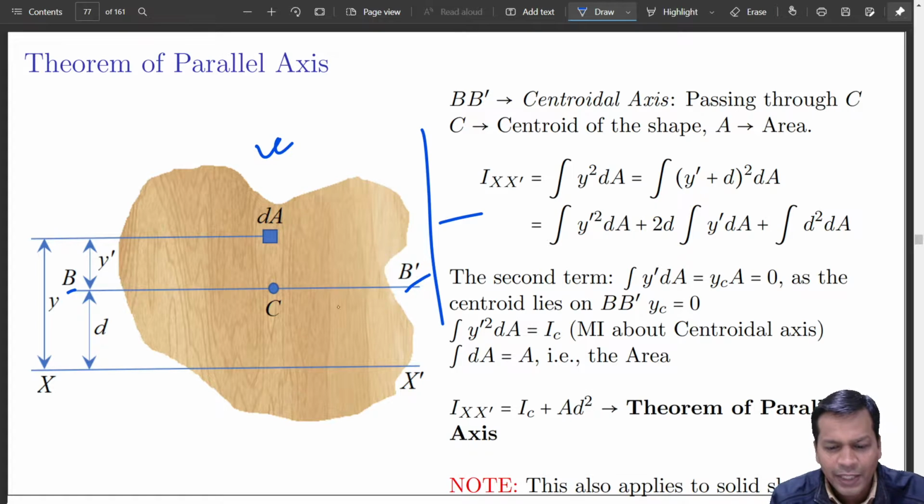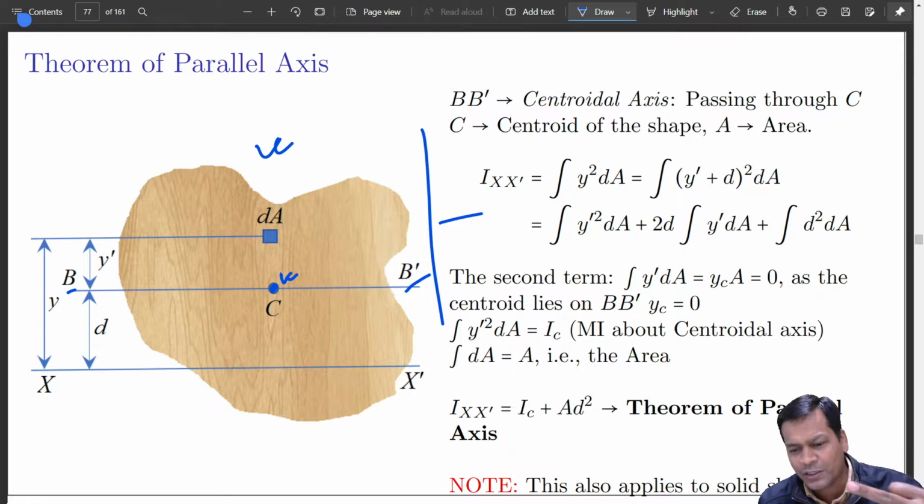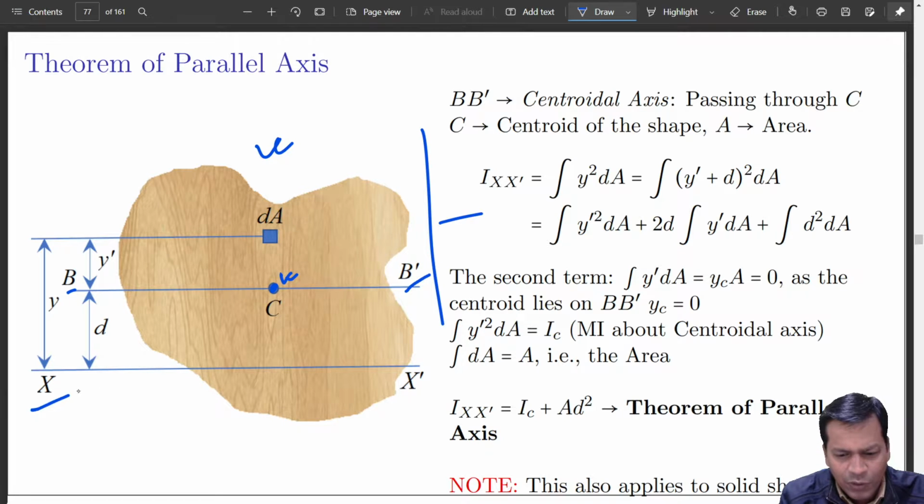That is an axis which passes through the centroid of that piece, and hopefully I know the moment of inertia about this. Now I want to know the moment of inertia about xx dash. So y is the distance of this elemental piece